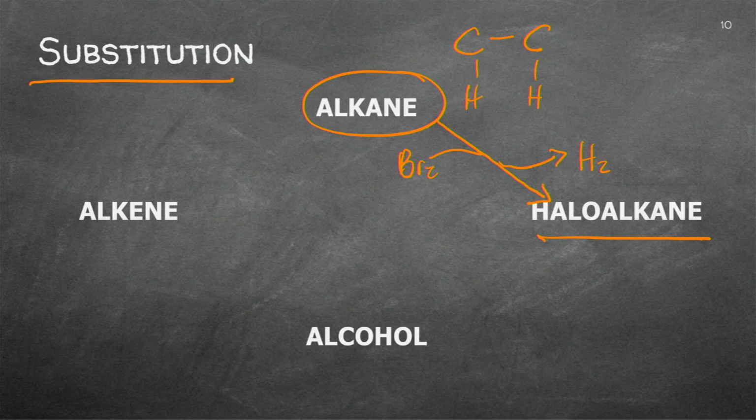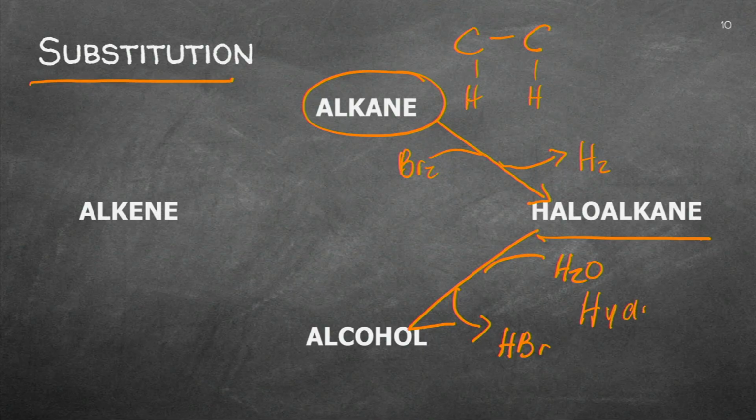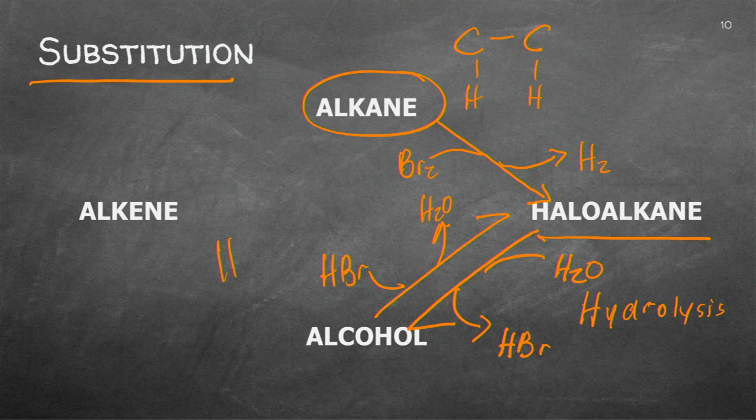The haloalkane to the alcohol, I'm going to add water. I'm going to get my haloalkane off. That will be hydro... No, this is hydrolysis. Sorry, I almost got confused with the one that's going that way. I'm adding the hydrohalogen and I'm getting the water off. So this one is hydrohalogenation. So it's the one that you are putting in that's got the name bearing there. So those three substitution reactions.